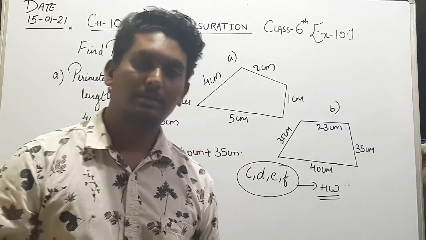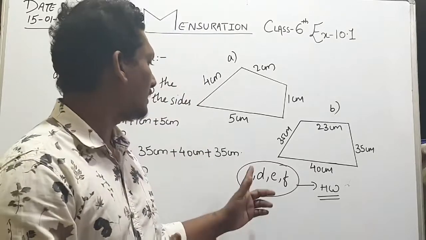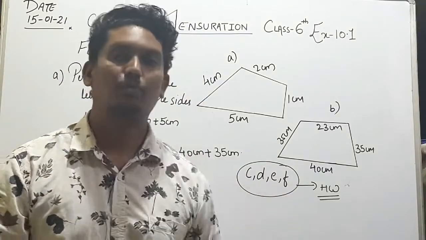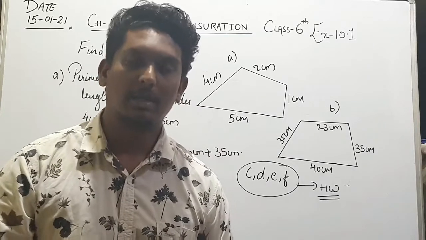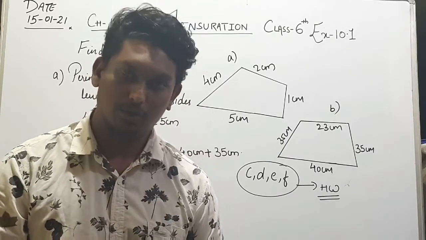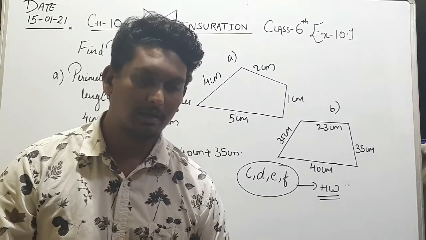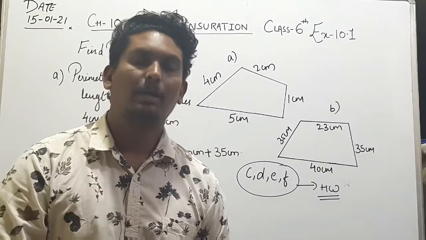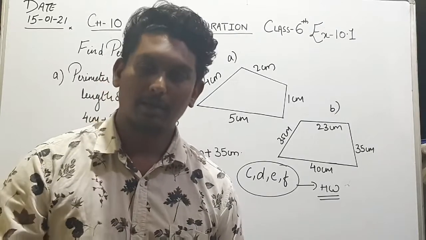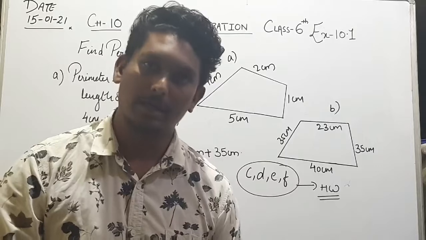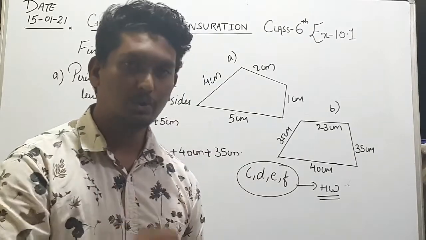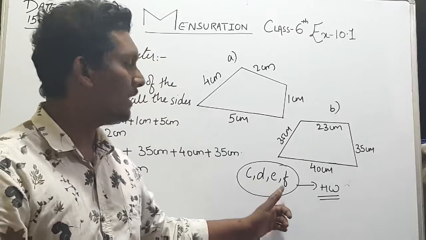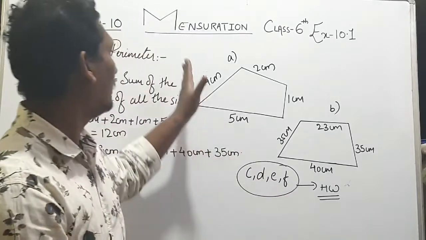So this is the first question. C, D, E, F is homework for you. You just have to add all the numbers and write the answers. Figure not necessary. If you want to make it figure, you can make it. Otherwise, you can write the answer directly. There's no problem in that. So just go through it. C, D, E, F is homework, and the rest